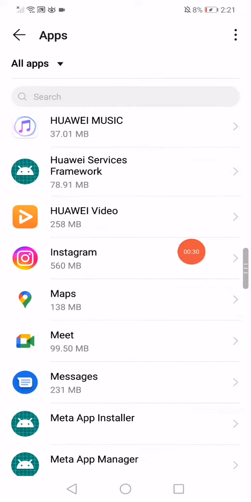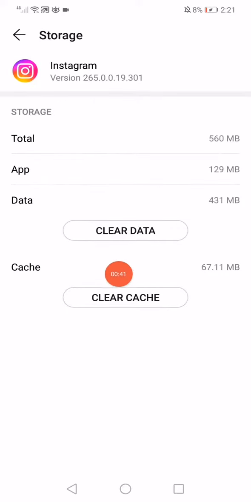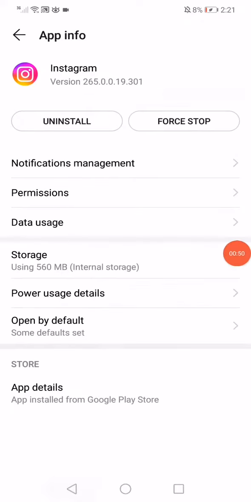Now click on the Instagram app right here, and now here all what you want to do is click on force stop. After that, click on the storage, click on clear cache, and if you don't want to lose any data, you don't click on clear data. And then go back,